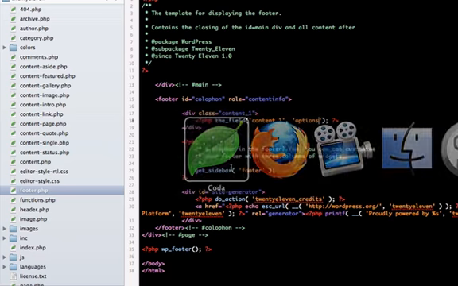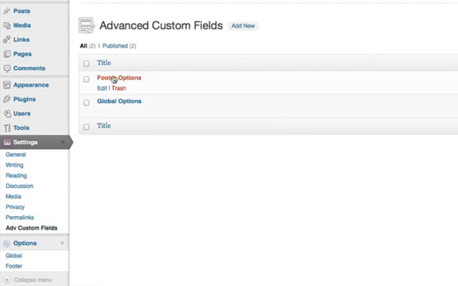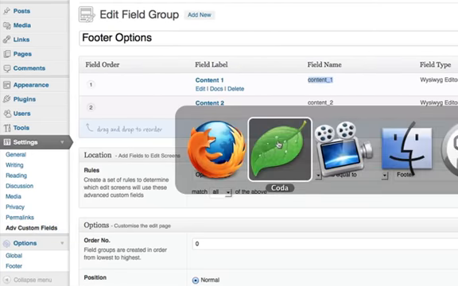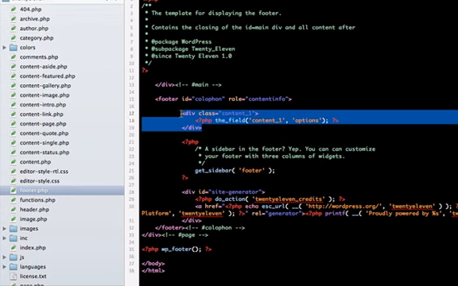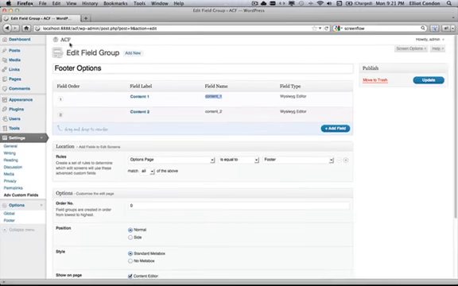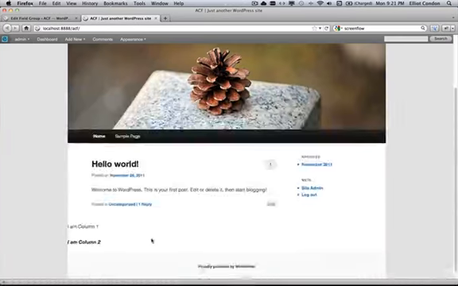I'm just going to double check with my field group that it is actually content 1. Pretty sure that's what I did. Content 1, cool. And we also had content 2. Okay, fantastic. Let's have a look at our website, and hopefully we can see some content down the bottom. There we go, we've pulled out column 1, column 2,